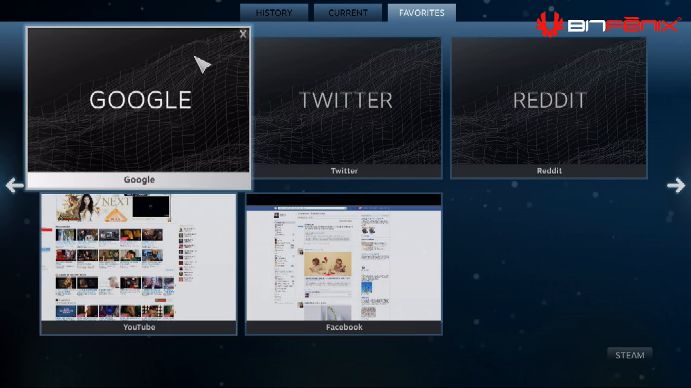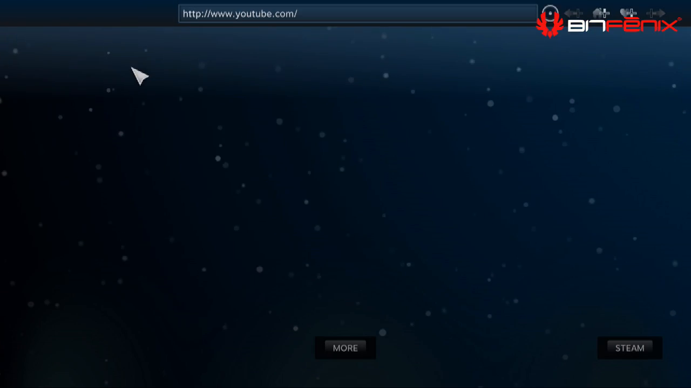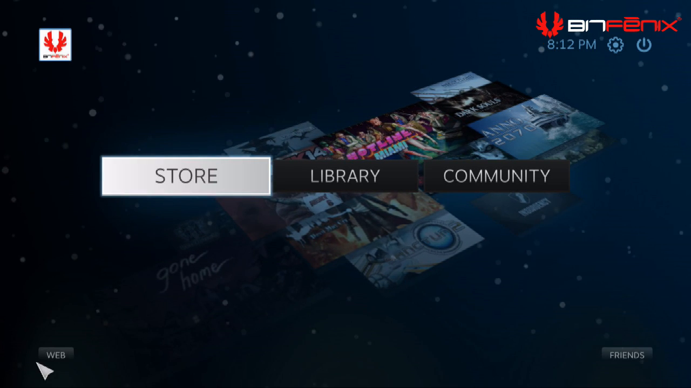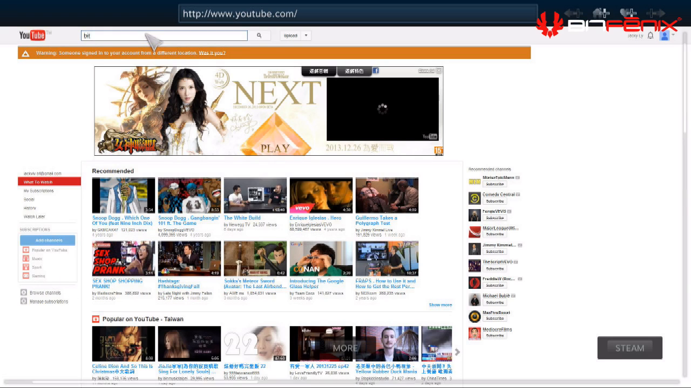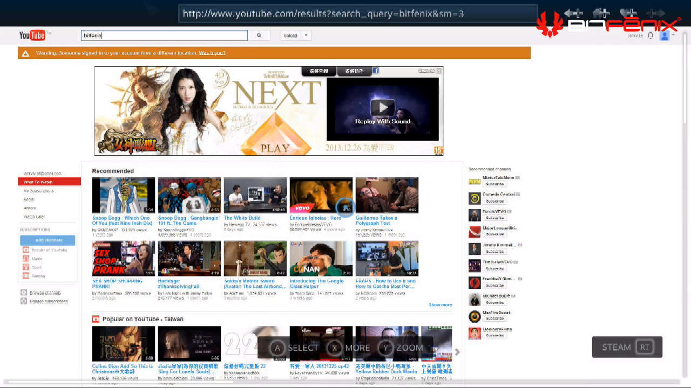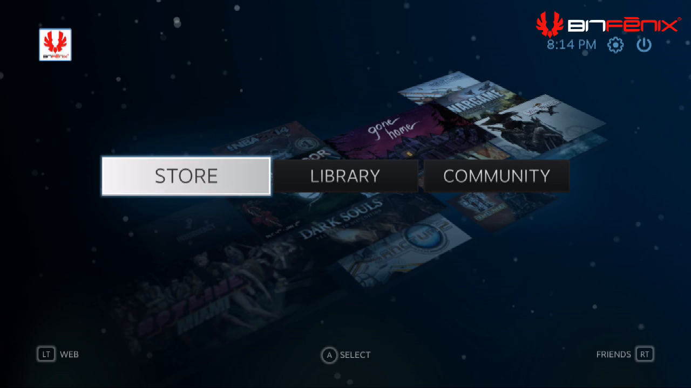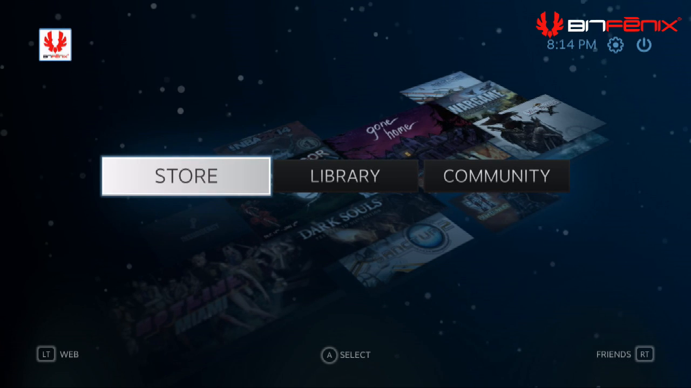So for example, if you go to Facebook, you can't chat with your friends, and there's some other limitations when it comes to sharing files, sending files, and entering information. But overall it does work pretty well. If you just want to go to YouTube and check some tutorials because you're stuck in some level, for example, it does the job. If we go back to the home screen, that's pretty much the basics of Steam Big